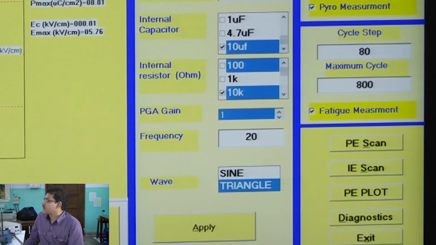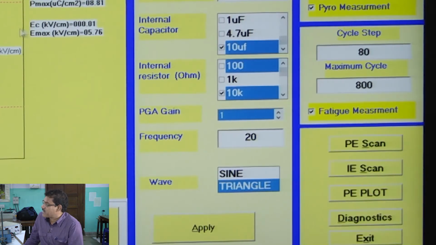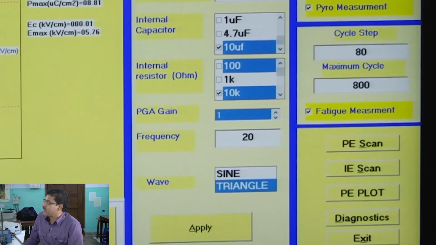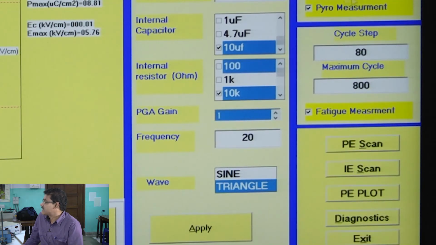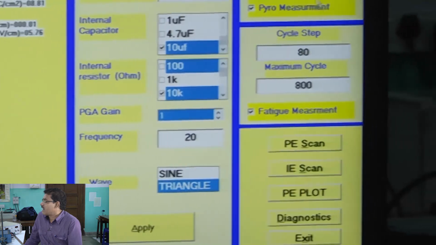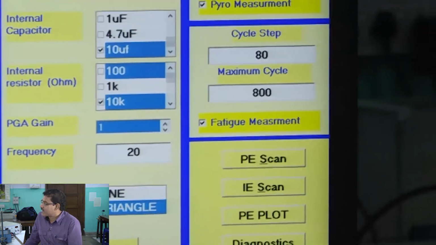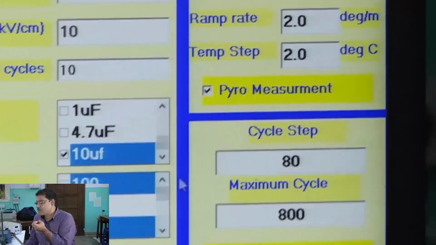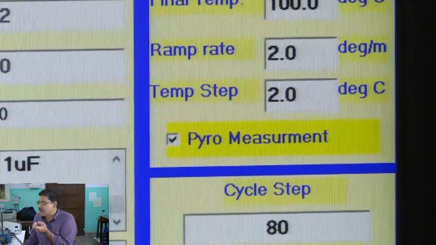Now, this is also good when you want to measure as a function of temperature: then we use this option, pyro measurement. Pyro means temperature. So, with temperature we can study the pyro measurement as well. If a sample has the pyroelectric property, pyroelectric means how polarization changes with temperature.